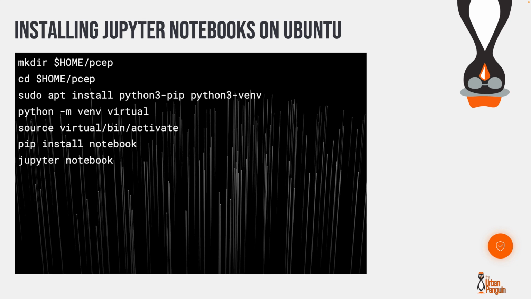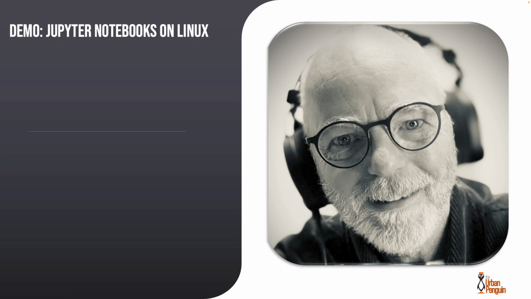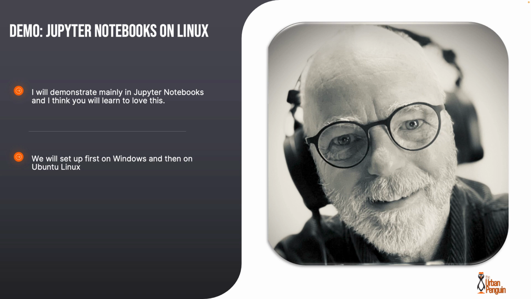Similarly to Windows, we can just type deactivate to close the virtual environment down. So come on, let's move across now to our command line environment and take a look at setting this up on Linux. We're going to be using, as we mentioned before, Jupyter Notebooks a lot, so we can be running it on Windows or on Linux, and we're now going to set it up on Linux.